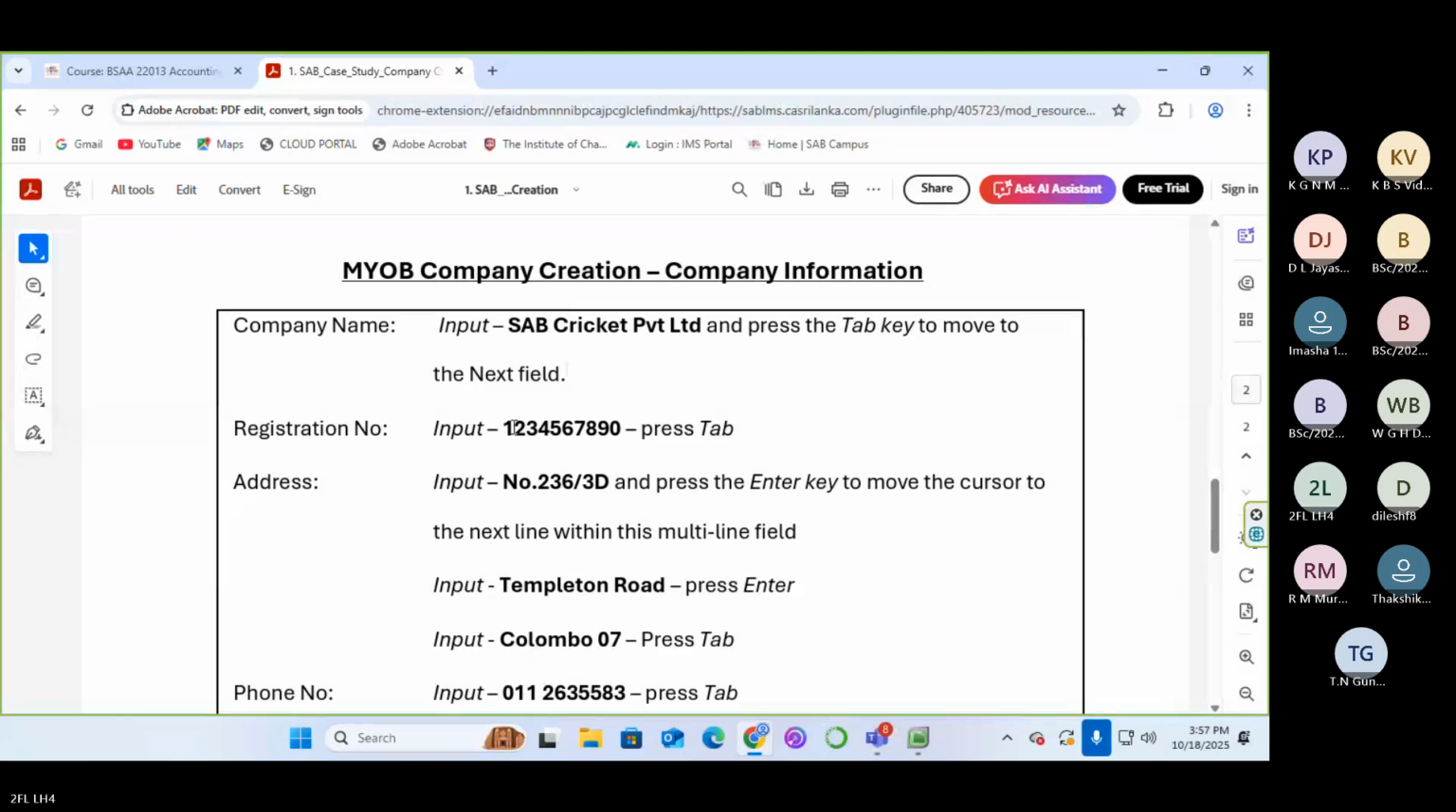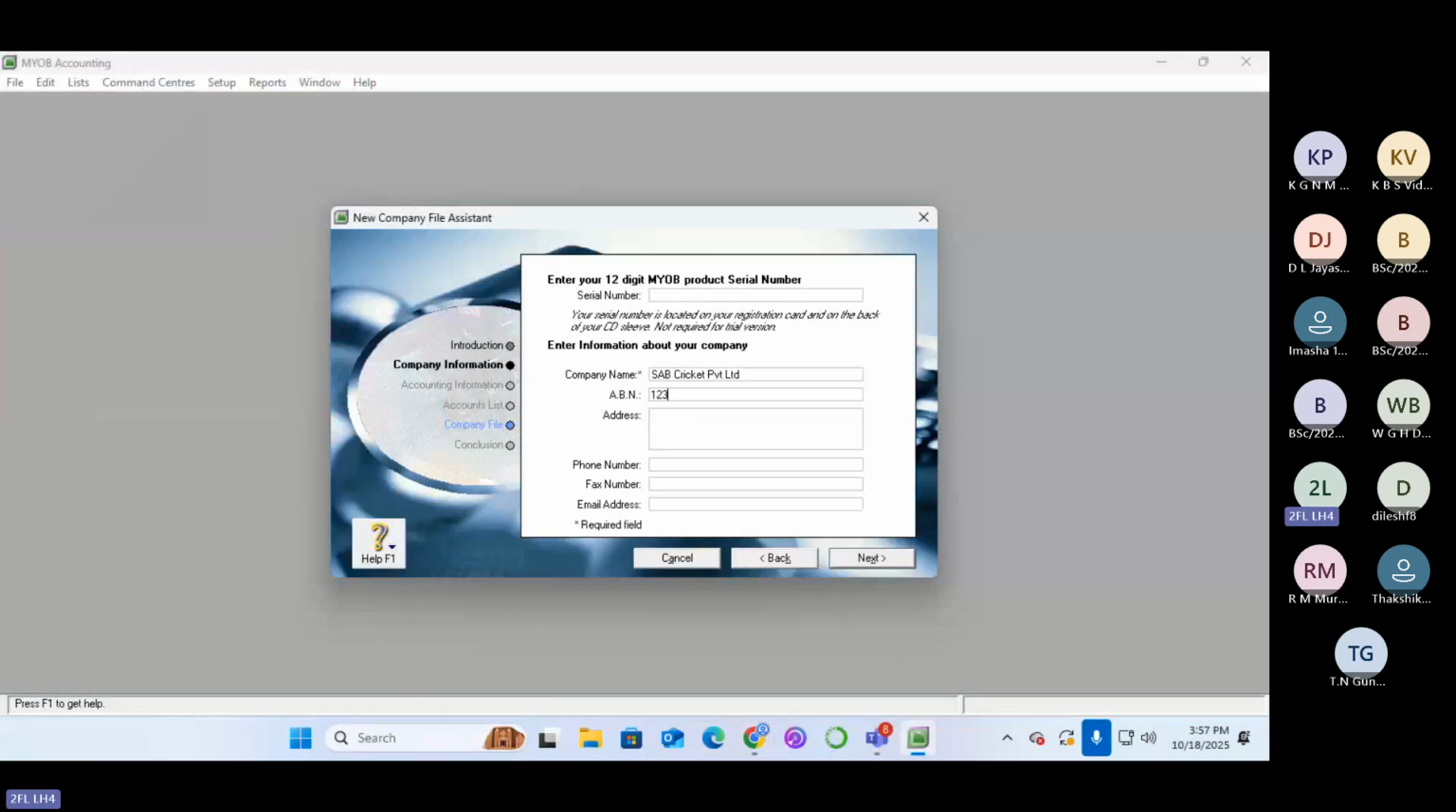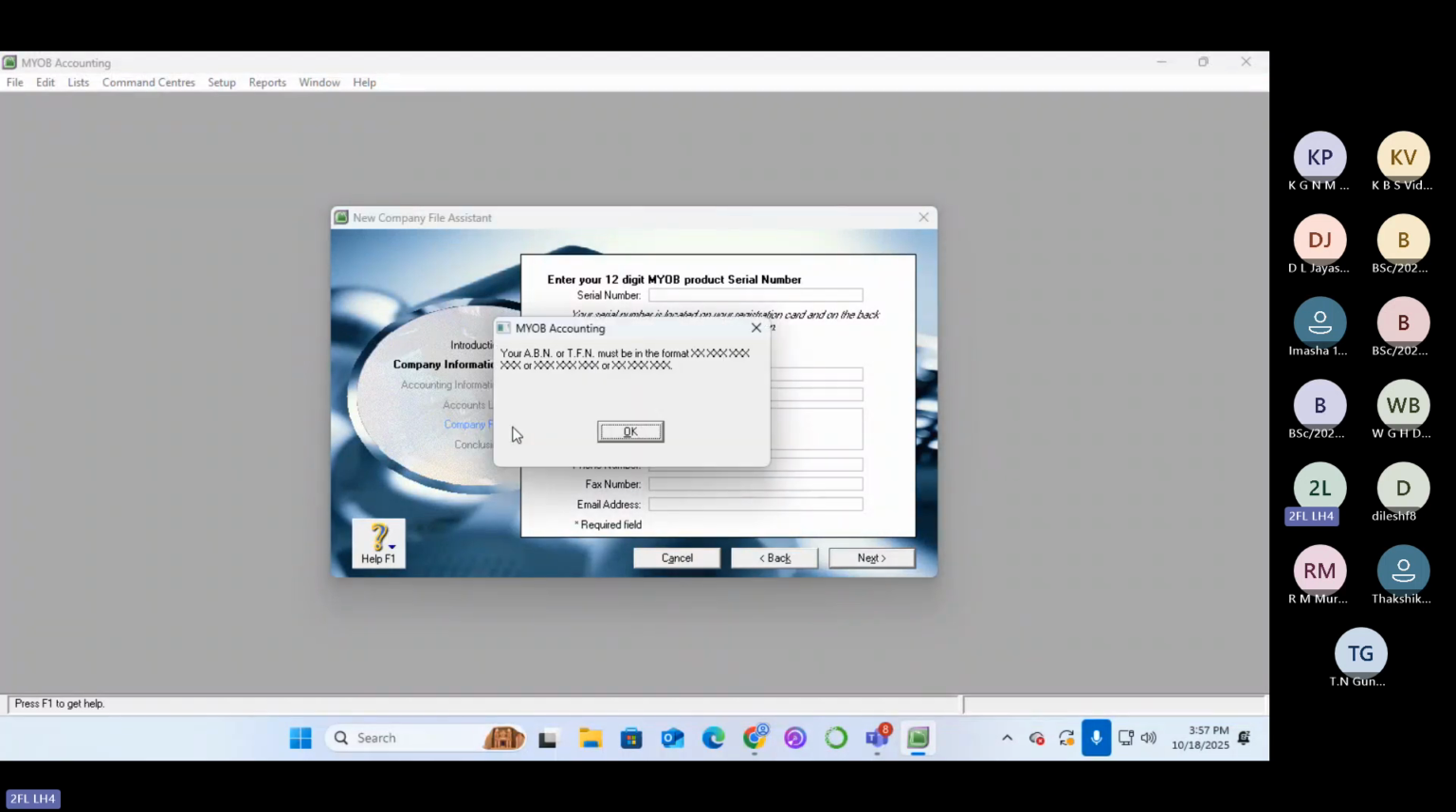Okay. 1, 2, 3, 4, 5, 6, 7, 8, 9, 0, and press the tab key. When you press the tab key, do you get this notice? Right. What is the notice? When you are entering the registration number, it should be in two formats. Either of these two formats, you have to have your number in, right? You can see here,